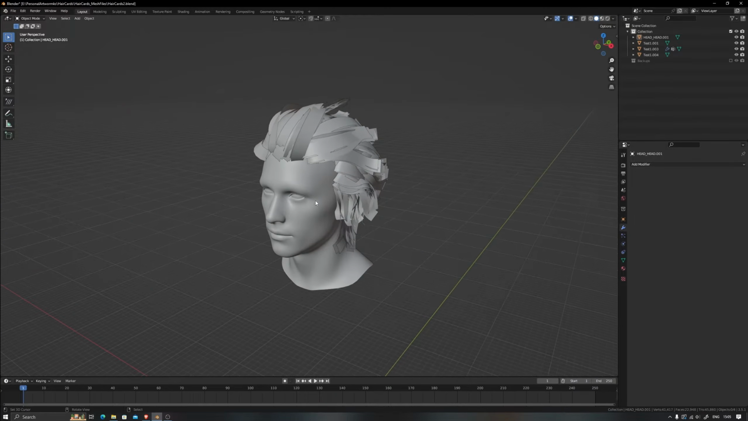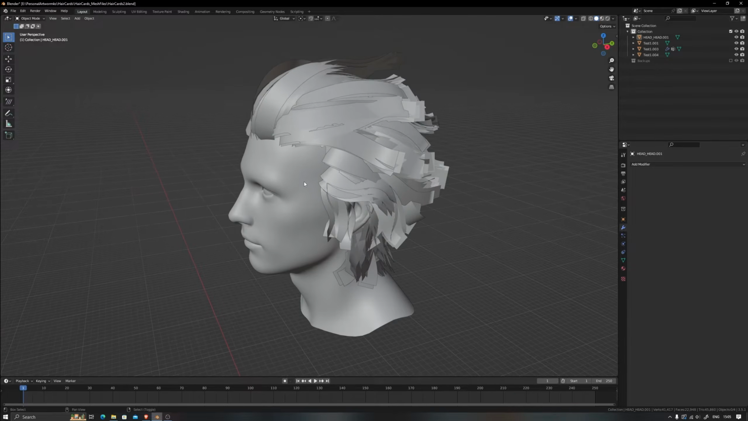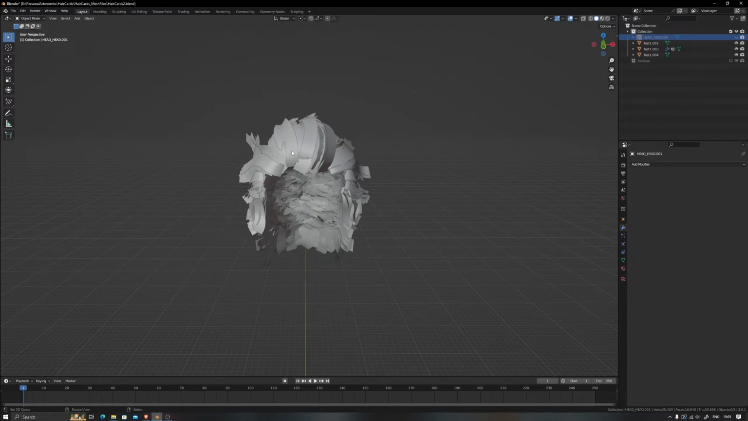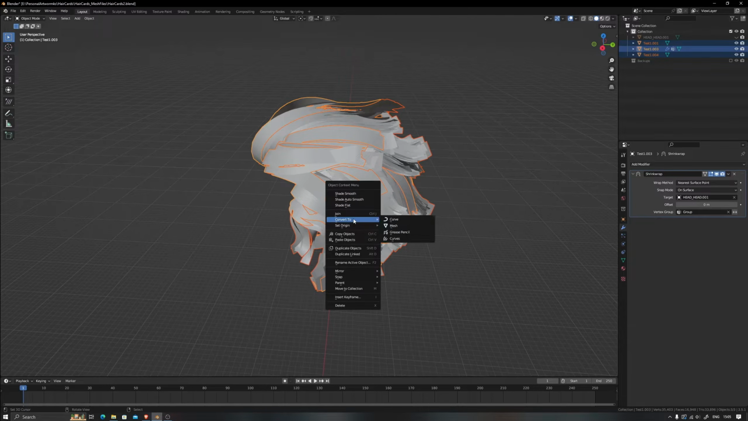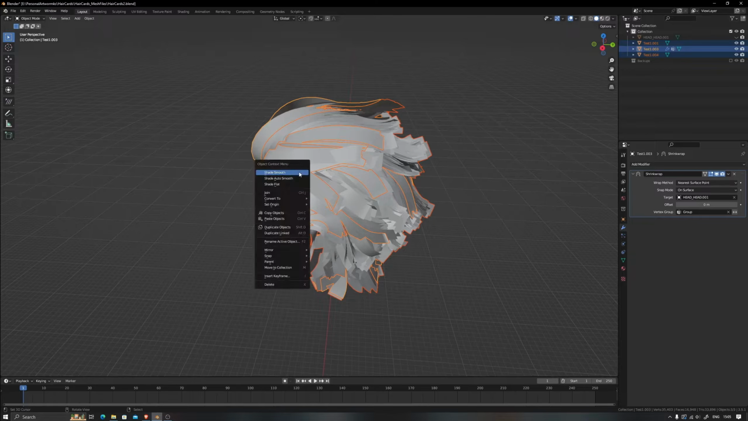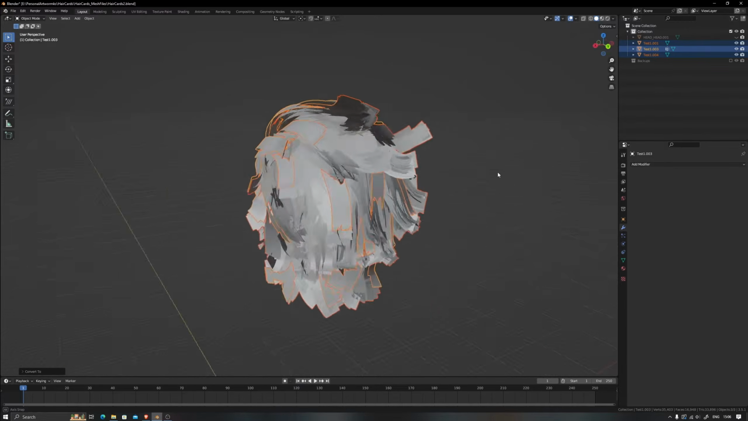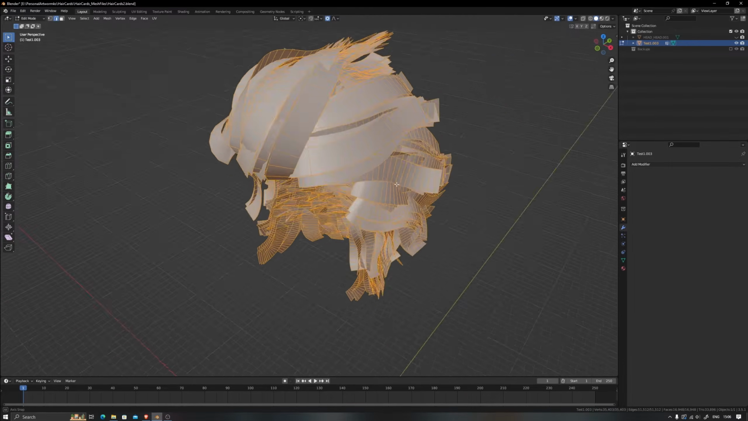Hello again. Since we are done with all the hairstyles, let's talk a little bit about optimizations, right? So let me just hide this head in here and let me apply all the modifiers by selecting everything, hit W on your keyboard, convert to mesh. This way every modifier that the meshes have is going to get applied, right? So I'll be joining everything, and right off the bat, as you can see,